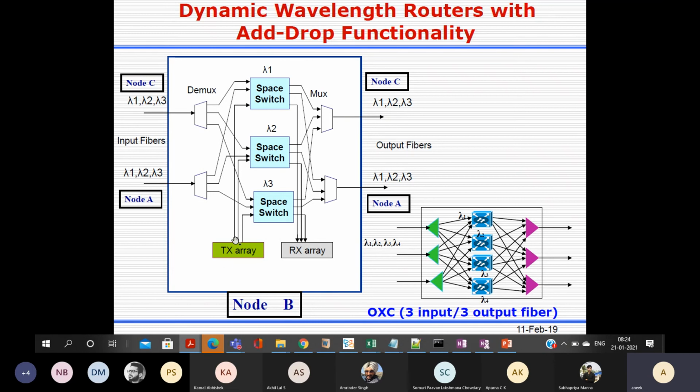Similarly here, you see there is a path from the transmitter array to the lambda 1 switch, lambda 2 switch, lambda 3 switch. So you can add these 3 wavelengths. This fiber carries 3 wavelengths, and this fiber carries 3 wavelengths. If you require all 3 wavelengths from one fiber, you can drop them, and all 3 wavelengths from another fiber you can drop like that. And also you can similarly add.